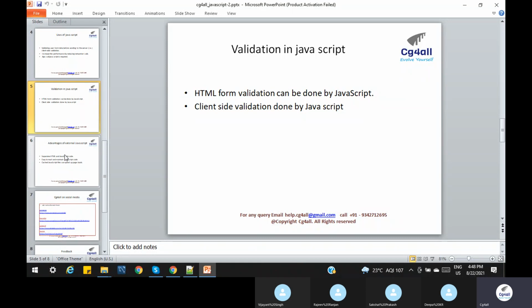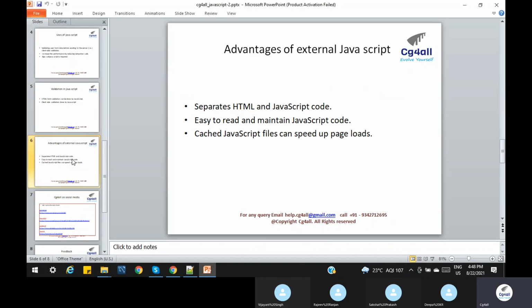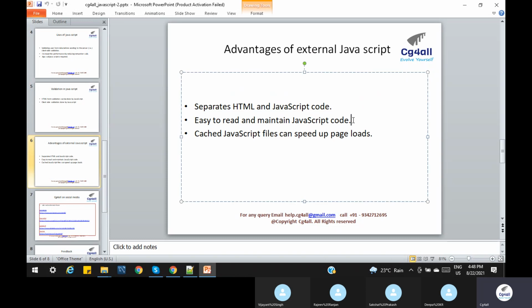So already we covered the external JavaScript. What is the advantage of external JavaScript? The HTML code and JavaScript code are separate. So it's very easy to maintain and very easy to debug. We know where the error is. Suppose we have 6,000 lines of code all in the HTML; that is very difficult to find.